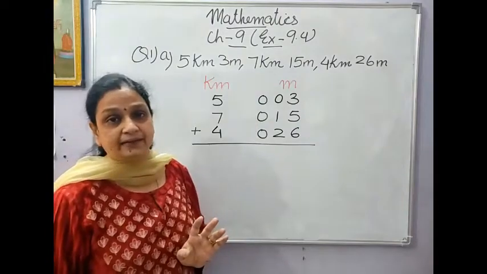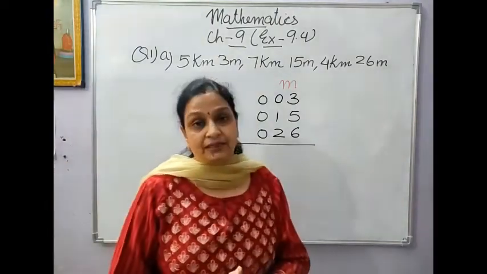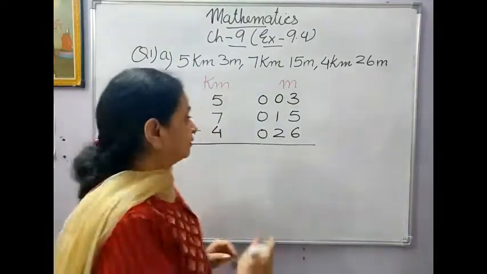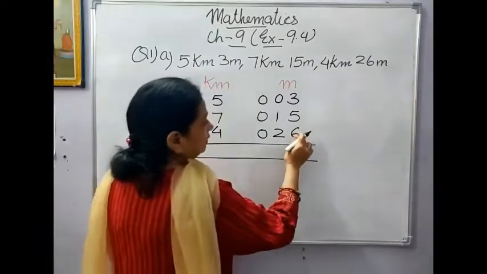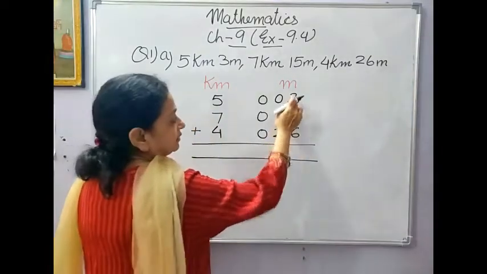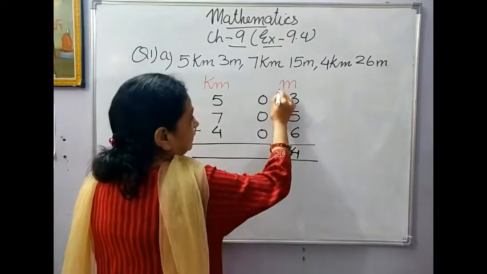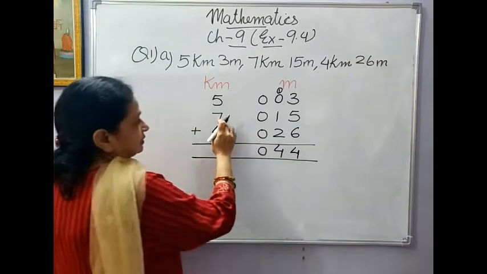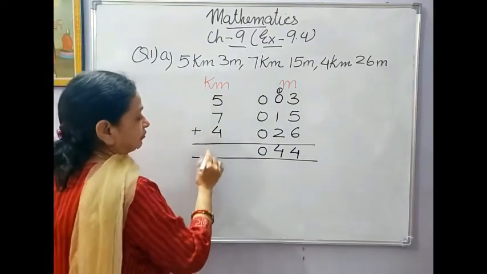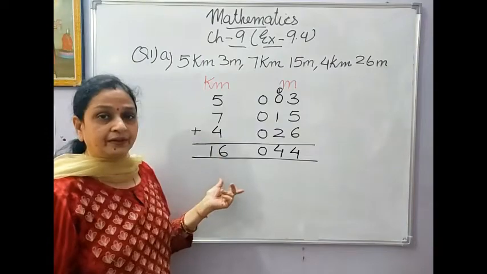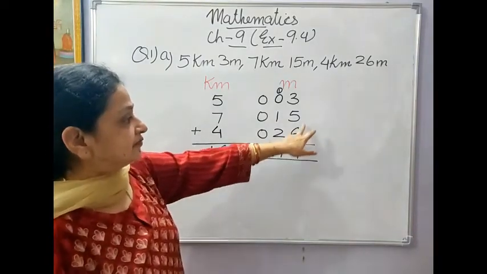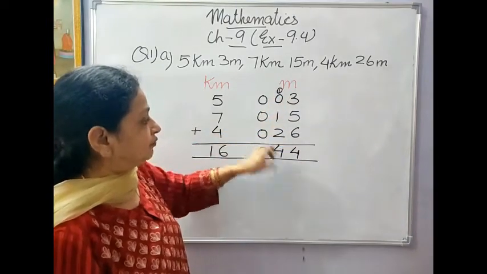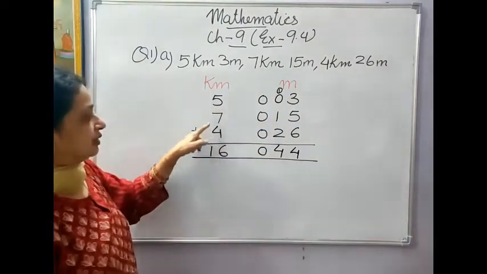Now you start adding it. Children, make it a habit of doing this, otherwise you might make mistakes in some of the sums. Okay? So now you add it. 6 and 5 is 11. 11 and 3 is 14. 1 carry. 1 and 3 and 1, 4. 0. 5 and 7, 12. 12 and 4 is 16. Okay, and check it again. 6 and 5, 11. And 3, 14. 1 carry. 1 and 1, 2. 2 and 2, 4. 0. 7 and 5, 12. 12 and 4, 16.